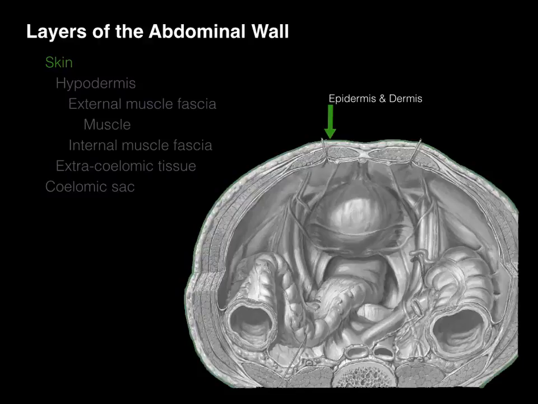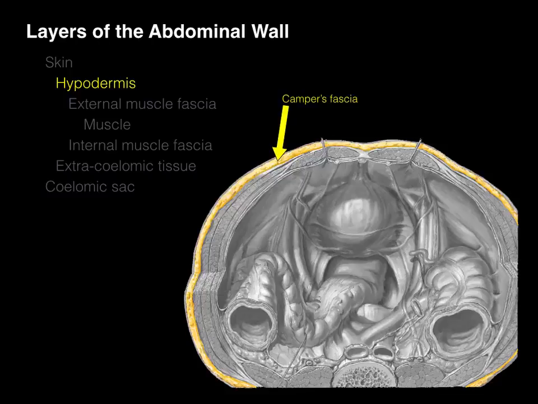Epidermis is stratified squamous epithelium with keratin, and the dermis is this dense connective tissue, and the prefix hypo means below. So this is the layer below the dermis. And this is primarily fat. And in the abdomen, there's 2 layers of this fat. There's called Camper's fascia. It's the superficial layer of the hypodermis, and it's primarily adipose tissue and fat. But there's this deeper layer called Scarpa's fascia, and it's made of dense connective tissue, and it's the deepest layer